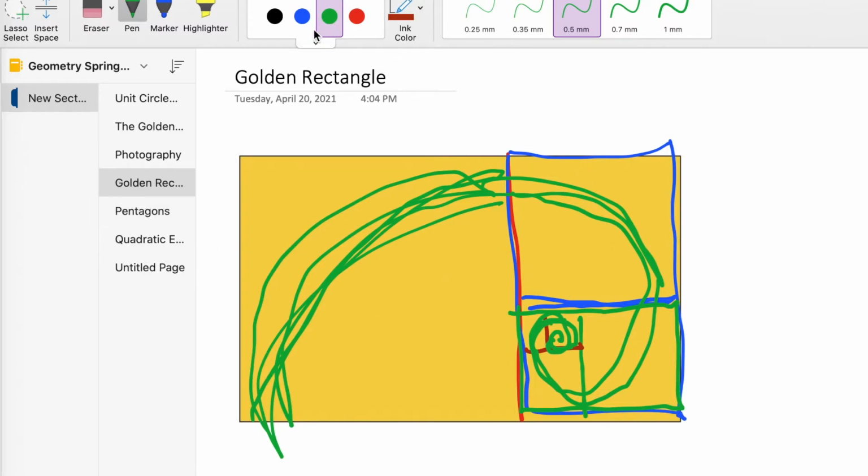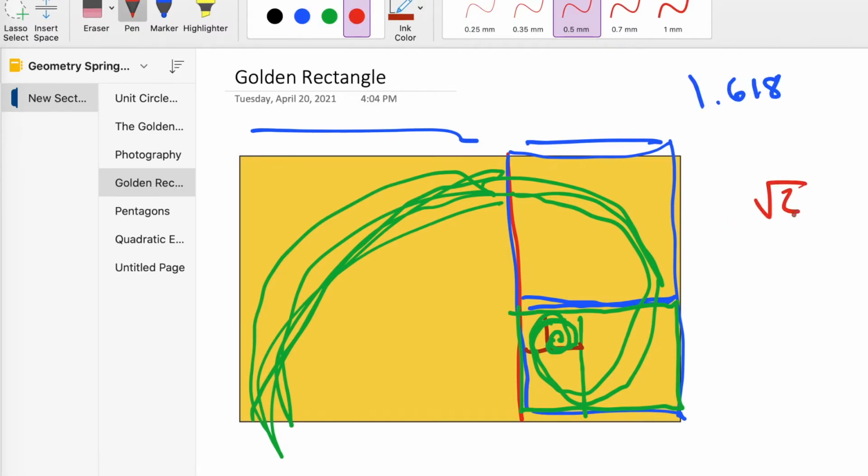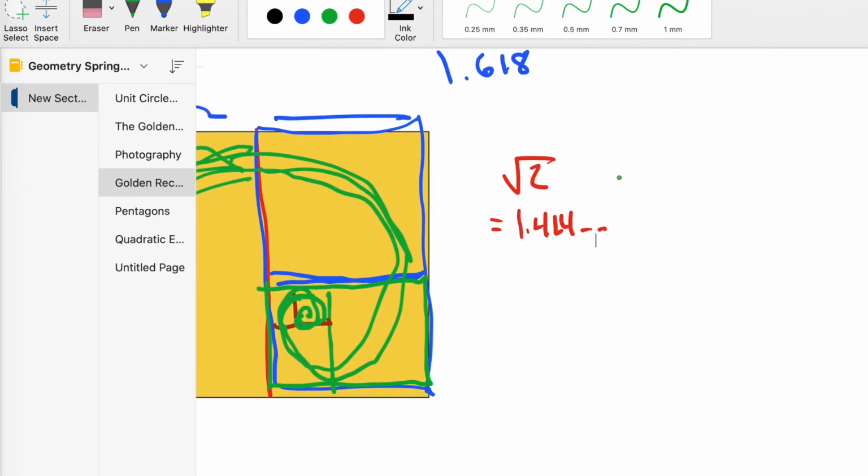So if we measured that amount, this piece divided by this piece would be 1.618. So it's sort of a measurement, like the radical 2 is a number that goes on forever, like we had mentioned the number pi does, right? But all it really is if you take a